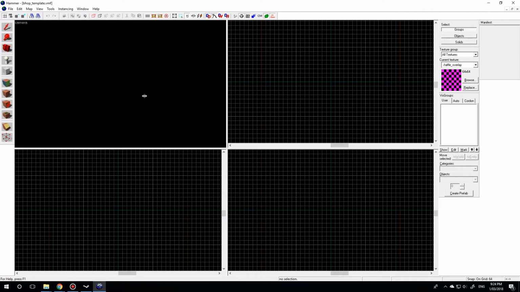Okay, so what are we looking at here? We've got 4 camera views. We've got our 3D view, top, left, right, or front. Our standard ortho. Your main toolbar is over here, and this is what we'll be using most of the time. So let's start making some geometry. The first thing we usually start with is the floor. So we'll have to select our block tool,